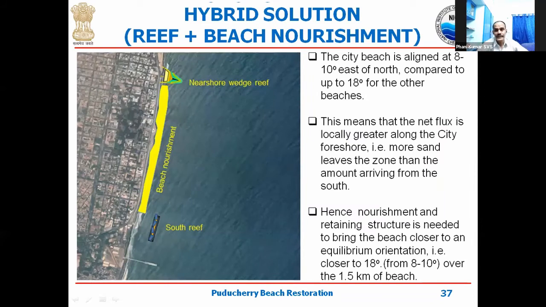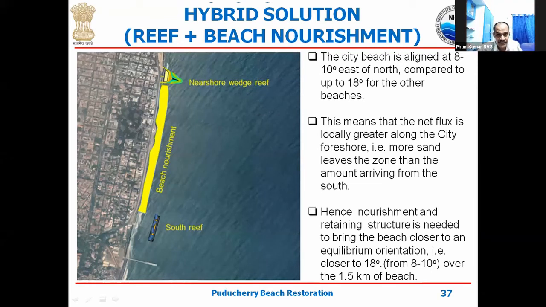Okay, what we observed was when we look at the mean incoming wave pattern, there is a difference between the orientation of the shore and the wave. There is a difference in the angle between those two. When the angle becomes 0, then the erosion problem is solved from the further region. So part of our solution was to rotate the beach to decrease that angle, so that the erosion problem is brought under control.